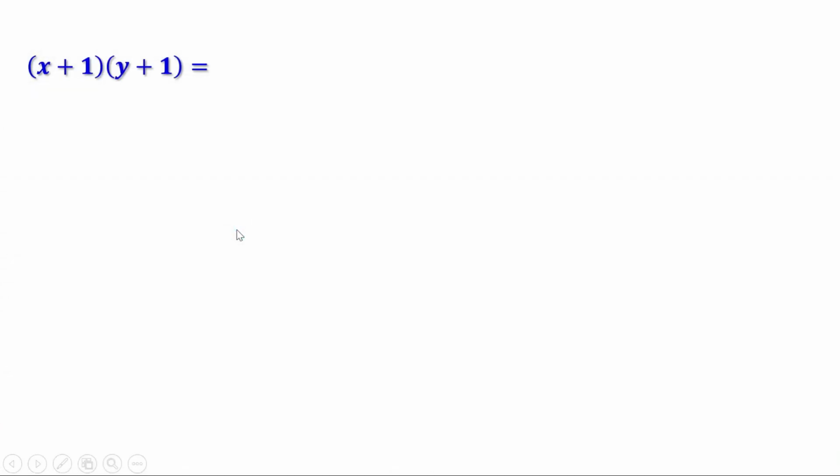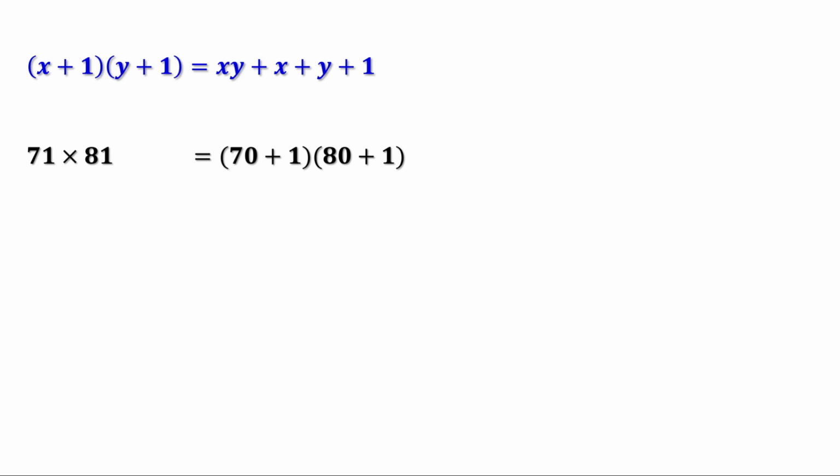While doing the previous problem, we have seen that (x plus 1) into (y plus 1) equals xy plus x plus y plus 1. This can be used to find the product of certain numbers easily. For example, suppose we have to find 71 into 81. 71 can be written as 70 plus 1 and 81 can be written as 80 plus 1. So 71 into 81 can be written as (70 plus 1) into (80 plus 1). And this can be written as 70 into 80 plus 70 plus 80 plus 1. 70 into 80 is 5600,